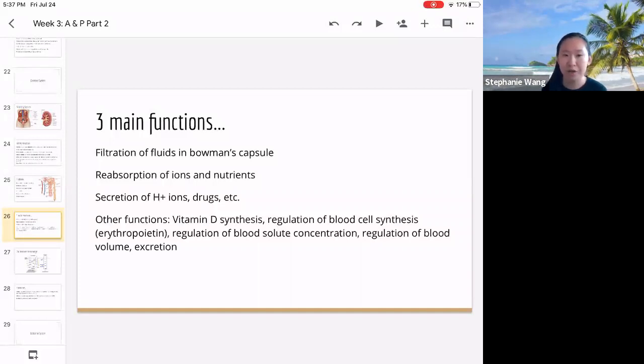Those are the things that your body wants to get rid of, so it gets rid of these bad things into your urine for excretion. Don't worry too much about the other functions, but one thing you should remember is that your kidney also secretes a hormone called erythropoietin. Oh, don't worry about that. Just ask as many questions as you want, Lucas. Anyway, erythropoietin is a hormone that controls red blood cell formation, or hematopoiesis, as I was talking about earlier in the bone marrow.